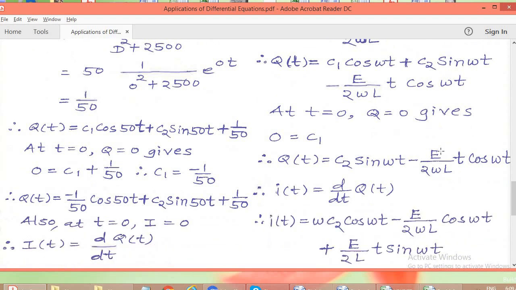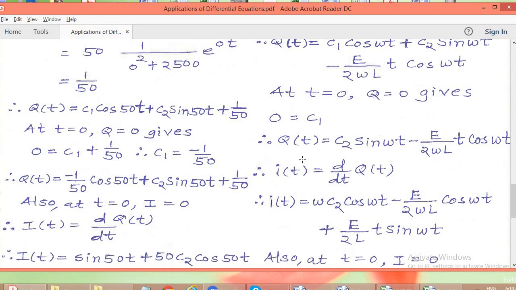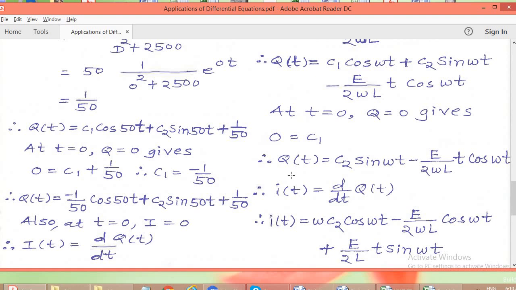And this q as a function of t is equal to the complementary function plus the particular integral. Again, initial conditions: at t equal to 0, q equal to 0, so 0 is equal to c1 plus 0 plus 0, that is c1 is equal to 0. Immediately let us update the equation. So q is equal to these two terms only.